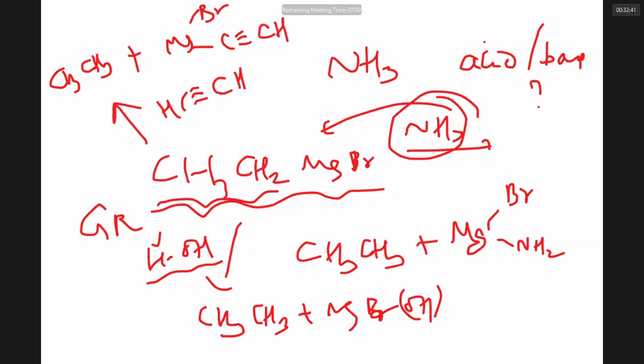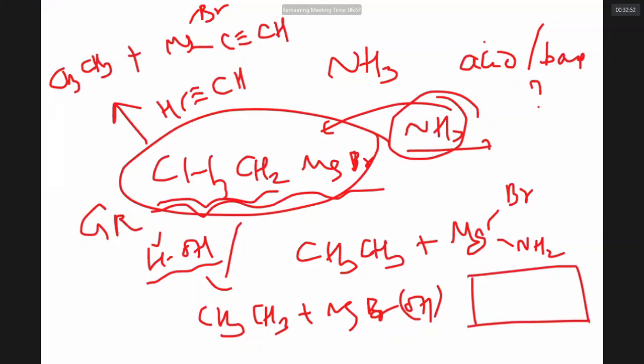The Grignard reagent is a very, very versatile reagent that is used to prepare any organic compound of your choice. If you can make any organic compound starting from Grignard, it is called a versatile reagent. You see, if there is a boy who can sing, who can dance, who can write, who can paint, who can jump, who can drive the aeroplane, who can run the ship, if a boy is able to do all these works, he is called a versatile genius.